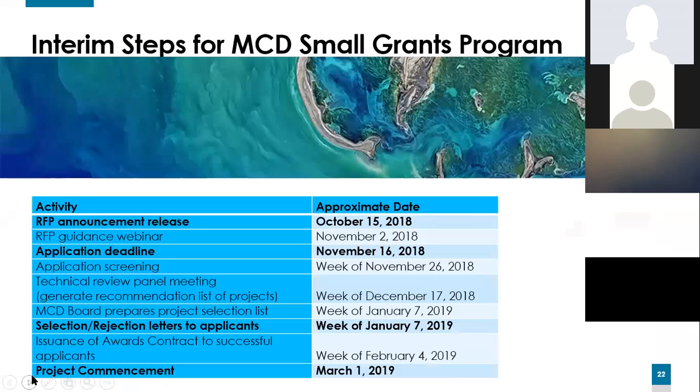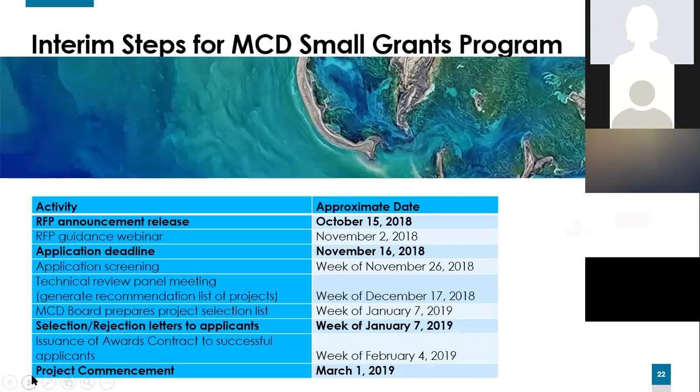So before I turn this over to Jean-Ann, I'd just like to review some important dates that are coming up. November 16th, 4:30 p.m. That is the deadline for receiving applications. Once that is completed, then the next step will be for the board to undertake the review.